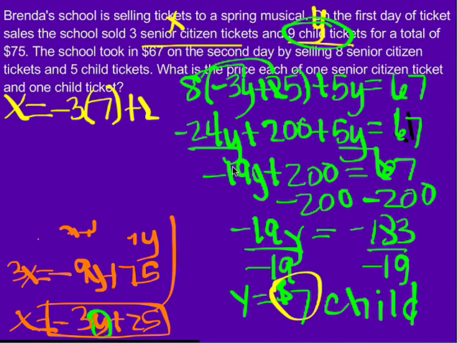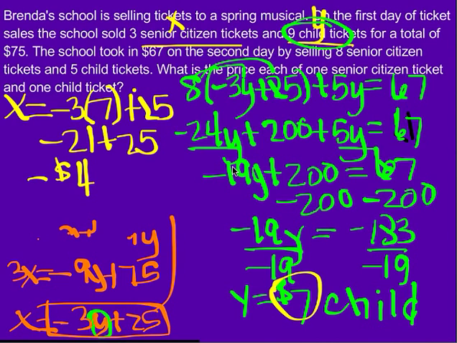And then I'm going to add 25. Okay, well then I get negative 21 plus 25. So that's going to end up giving me $4. Okay, so it's going to be $4, and that's going to be for senior citizens. Okay, so that's our final